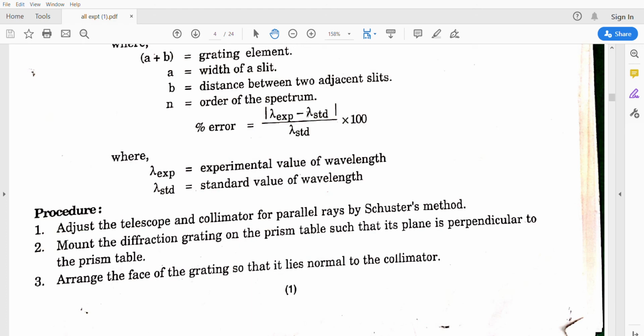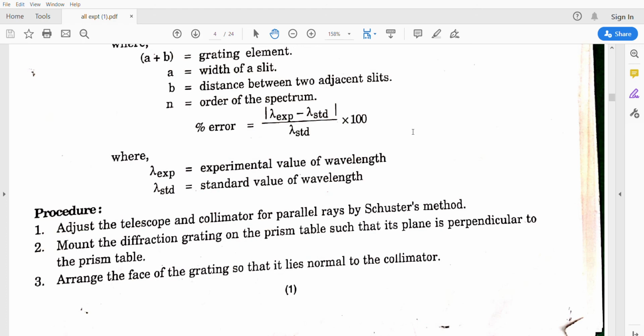The slit should be as narrow as possible and parallel to the ruled surface of the grating. So the slit should be narrow and the parallel rays should fall on the grating. While handling the grating, one should not touch its faces but hold it between the thumb and the fingers by the edges only. So the grating must be clean. We need to touch only the edges of the grating. We have to hold the grating with two hands only.